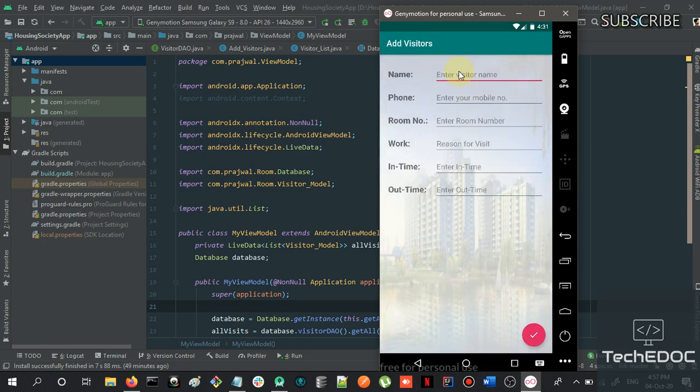I might create Rajesh Soni, and the mobile number. As you can see, I keep on typing, but it takes only 10 digits. I give the room number as 110. The work is business work.